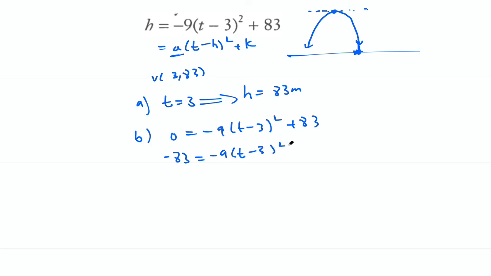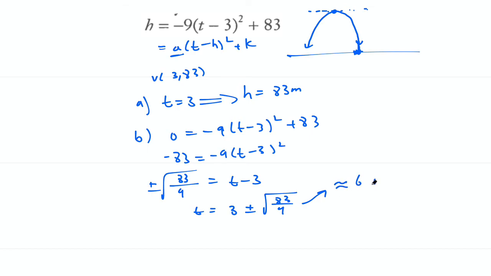okay, we get this. Divide both sides by negative 9. Okay. Then you end up with 83 over 9 because the negatives cancel, and you want to square root both sides so that you can get plus or minus t minus 3. Okay, then when I add 3 to both sides, I get this answer. Okay, so this will give me either